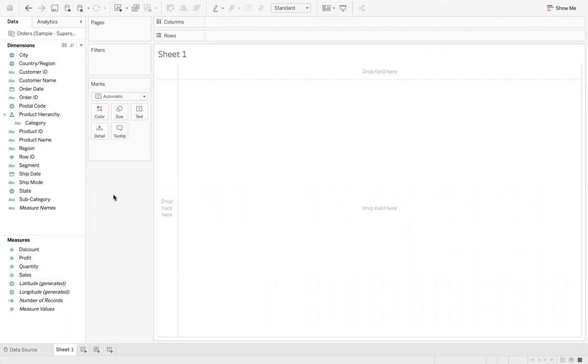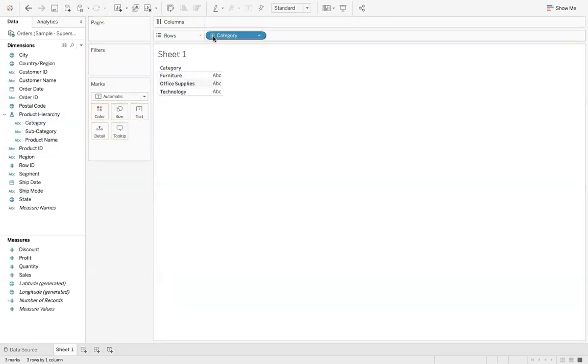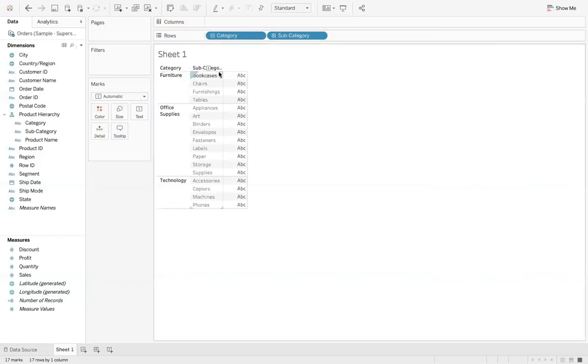Over here, we'll be creating a hierarchy first of all, so that you understand when I call it a normal hierarchy and when I call it a dynamic hierarchy. For this purpose, I already have a placeholder called product hierarchy. I have the category field over there. I'll drag subcategory under category, and similarly, I'm going to take my third field, which is product name. Here we go. We got a product hierarchy with three different fields: category, subcategory, and